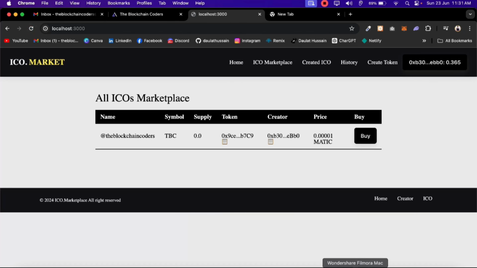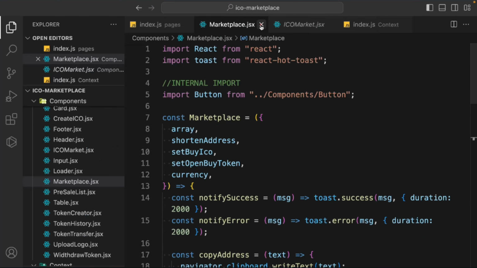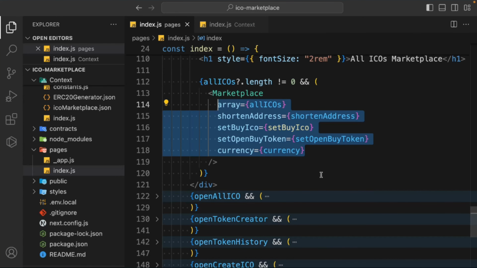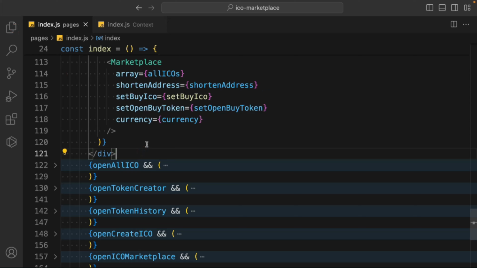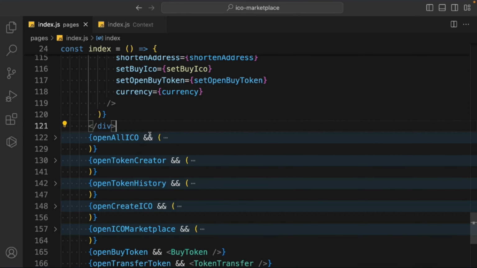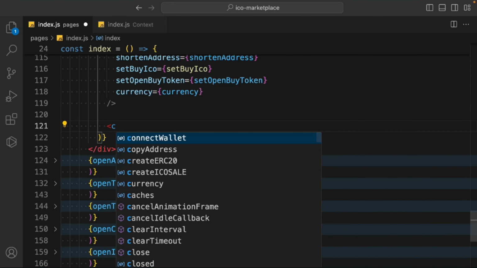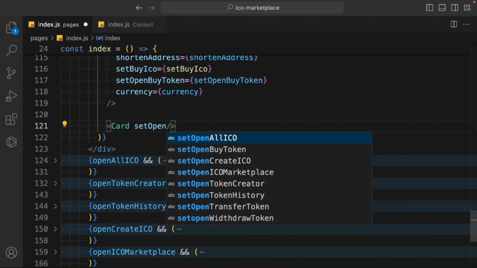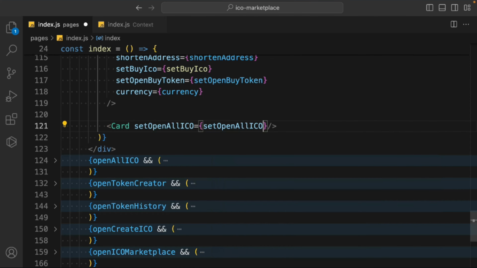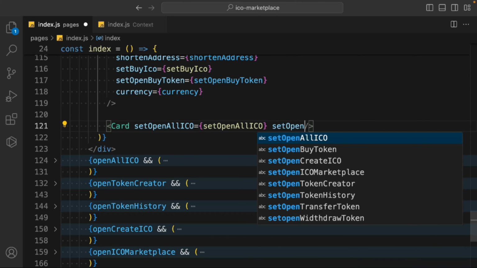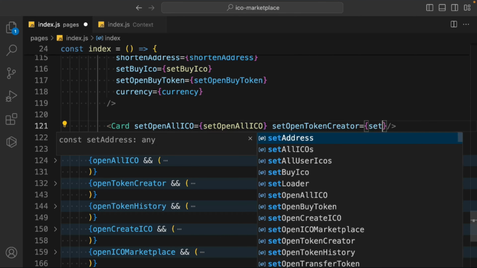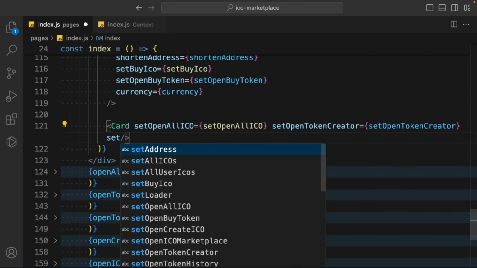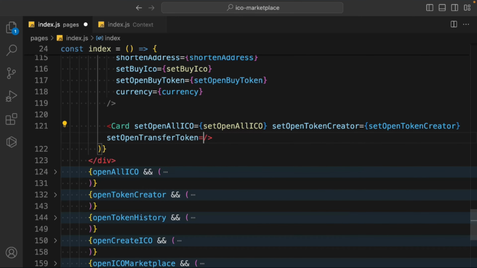Now we have to work on the other component. So we are done with that. Simply close this one and we have to work on the cart component. So come back here. Let's build the cart component. So we'll take a cart. Inside that we have to send the props. So we'll take this set open all ICO to set open all ICO. Then we have to send set open token creator. Then we have to send set open transfer token,